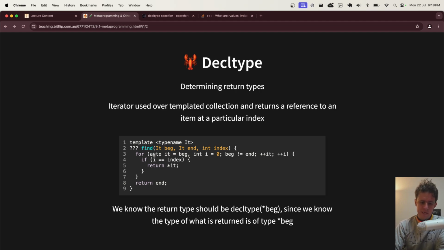So what we do is, we say for iterator it equals begin, int I equals 0, loop while begin is not equal to end, increment the iterator, increment I. If you manage to get to the right index, as in count that many spots, return this here. Otherwise return end. But the interesting thing is, what's the return type of the function? We know that the return type should be decltype of star begin, since we know the type of what's returned is star begin, right?